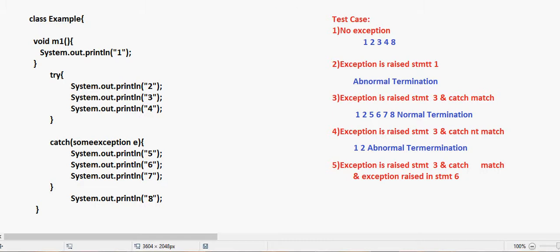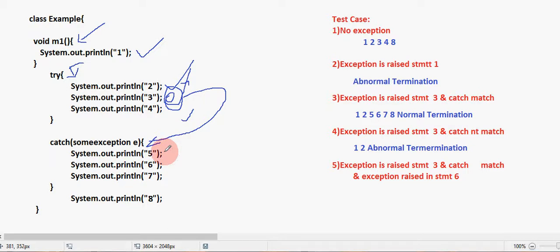What is the control flow? See, this is similar to the previous cases, but with some small changes. Same process: control comes to the main method, prints the first statement 1, then goes to the try block and prints 2, and in statement 3 an exception is raised. Suppose the exception is an arithmetic exception, and the catch block also has an arithmetic exception, so control moves to this catch block. The catch block is matched, then it prints 5,